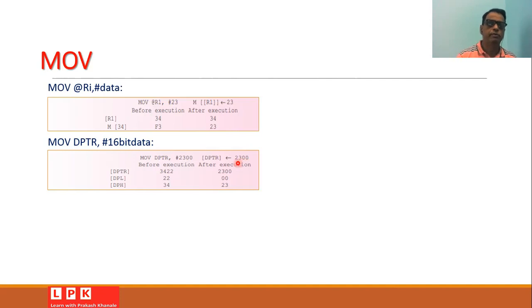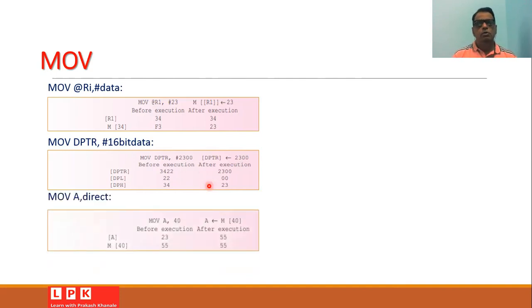If DPTR contains 3422, where 22 is the lower byte and 34 is the higher byte of the DPTR, then after the execution of this instruction, 00 will be moved to DPL and 23 will be moved to DPH.